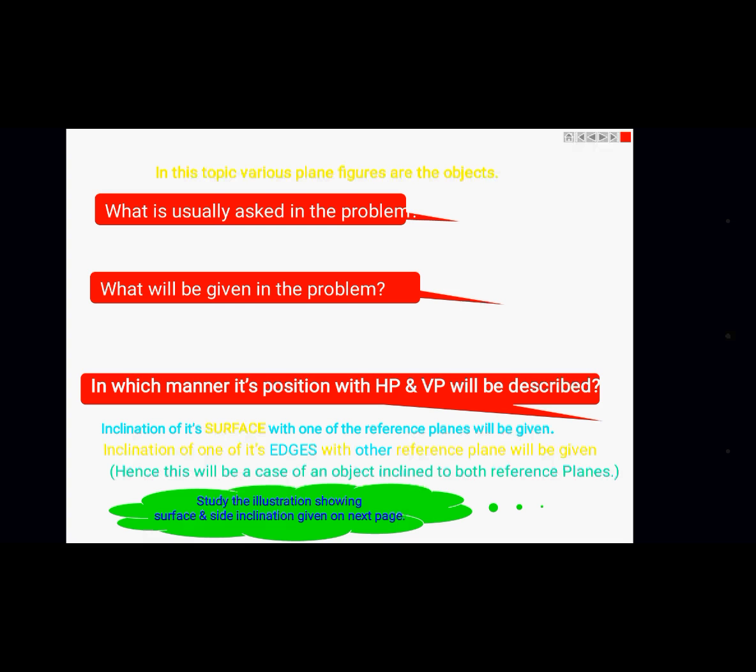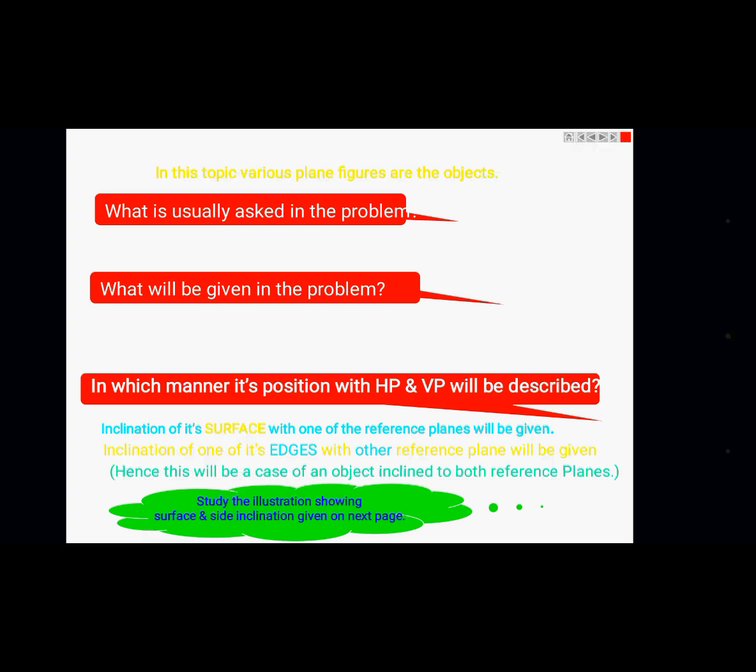So for example, if you place the triangular lamina on HP, the top view will be the true shape, a regular shaped triangle, and the front view will be a horizontal line. And if you place a square lamina on the HP, parallel, the top view will be a regular shape in the form of a square, and the front view will be a horizontal line. So whatever type of lamina you place on HP, the top view will be a regular shape profile, and the front view will be a horizontal line, a 0 degree horizontal line.